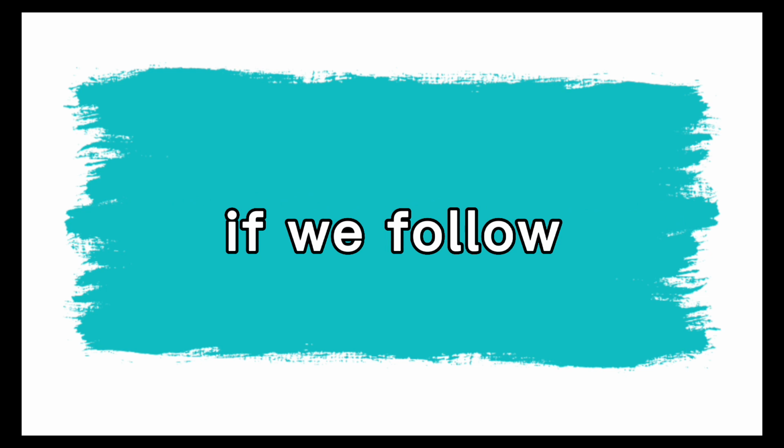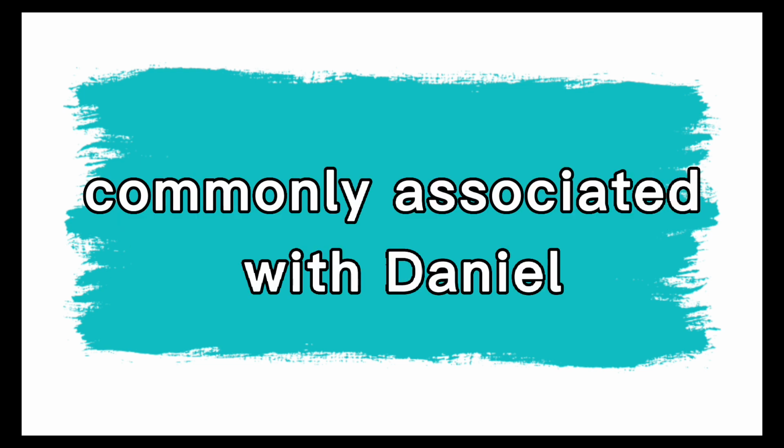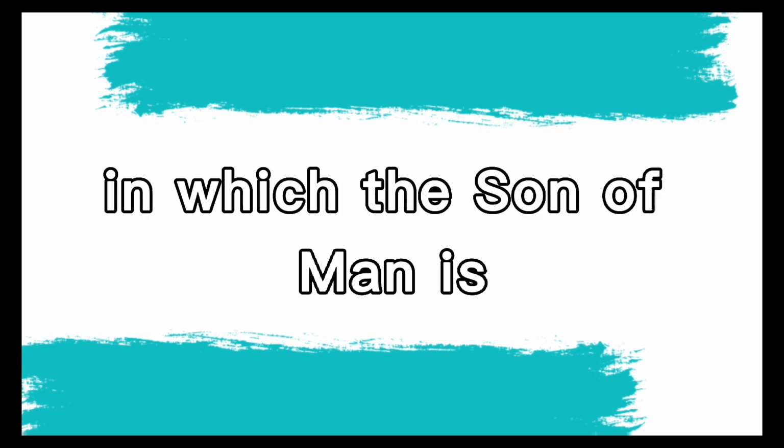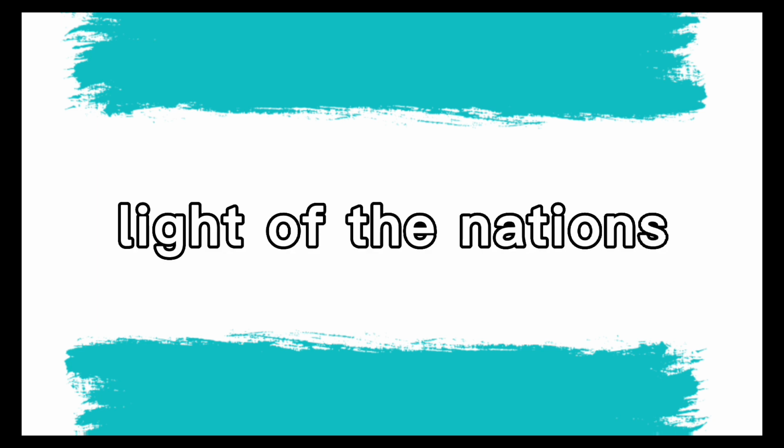That's to say, if we follow the scholarly consensus that Daniel was composed during the Hellenistic era of the 2nd century BCE. Many of the terms commonly associated with Daniel, like the Son of Man and the Messiah, can be found first in the Book of Enoch. In one chapter, Enoch sees a vision in which the Son of Man is commissioned. He will be the staff for the righteous. He will be the light of the nations, and all who dwell on the earth will fall down and worship